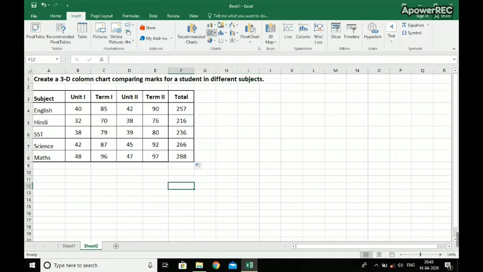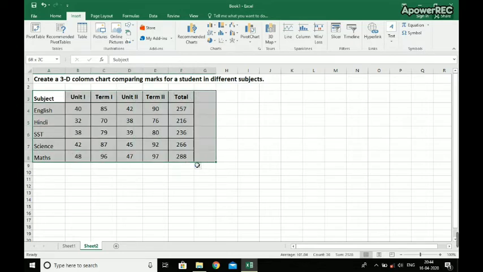You can see in the insert tab, these are the various types of charts that you can make. So first of all we will select the data. Right now I'm selecting everything, the subject, unit and the marks. Right now we will be skipping total because we don't require total in this chart.